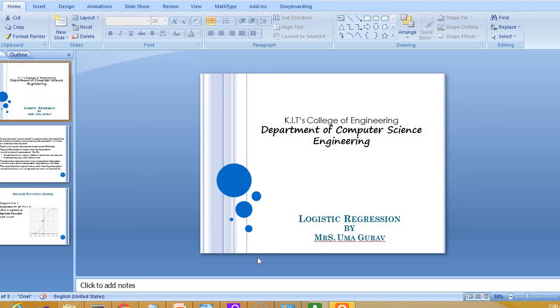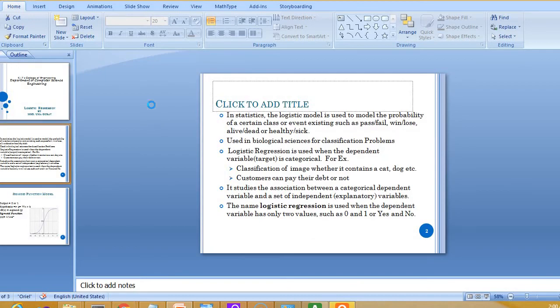Hello everyone, in today's video lecture we are going to see the implementation of logistic regression model using Python programming language as well as Jupyter Editor notebook. Now before we start with the logistic regression details, let's have a look at what logistic regression is